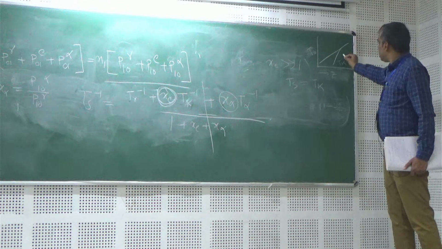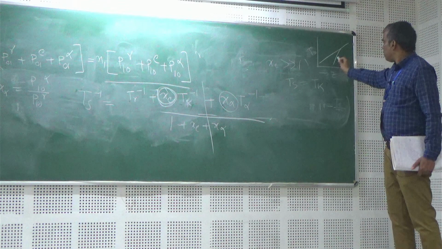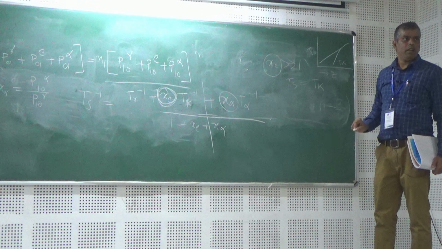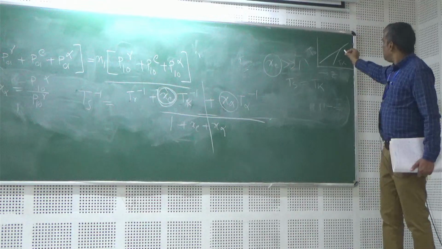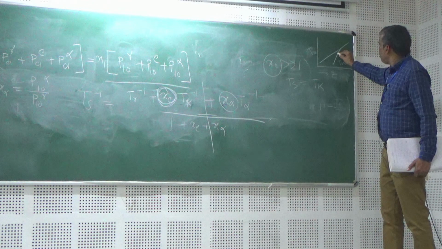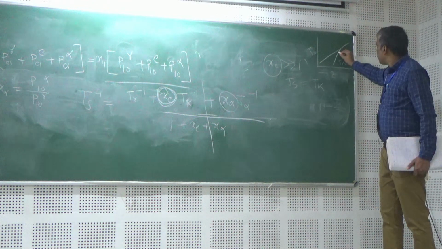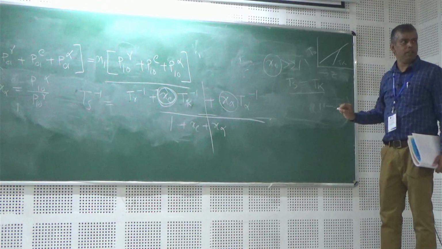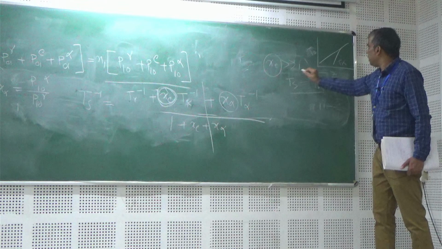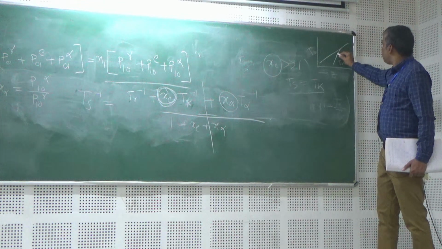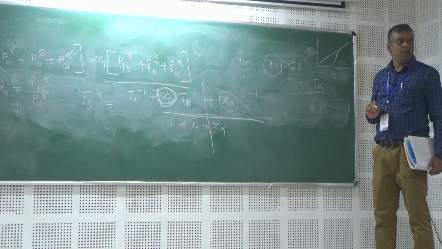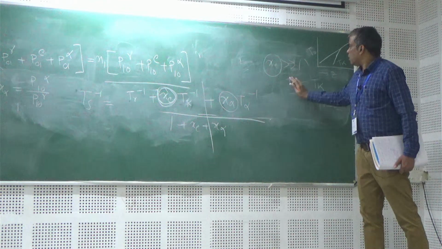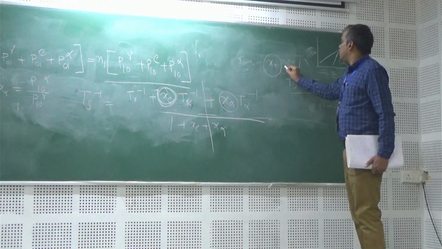At higher redshift, since x is very high, the spin temperature will actually follow the IGM temperature. We have just seen, right? When x is very high, it will follow. Initially, it will follow the IGM temperature. But later, this factor will become less than 1.